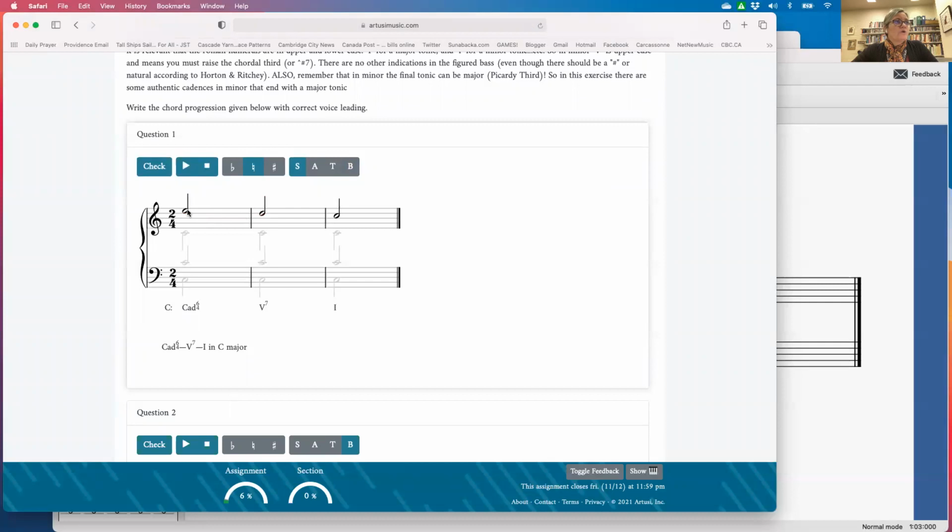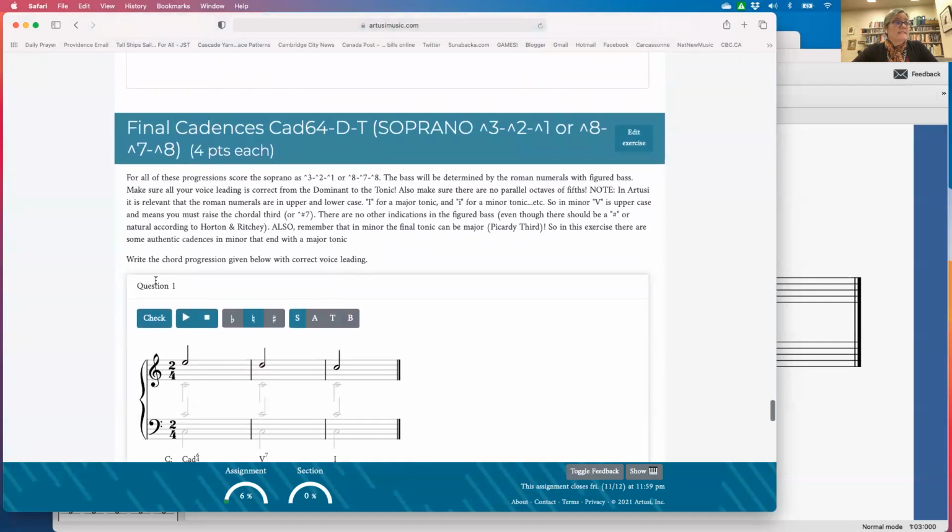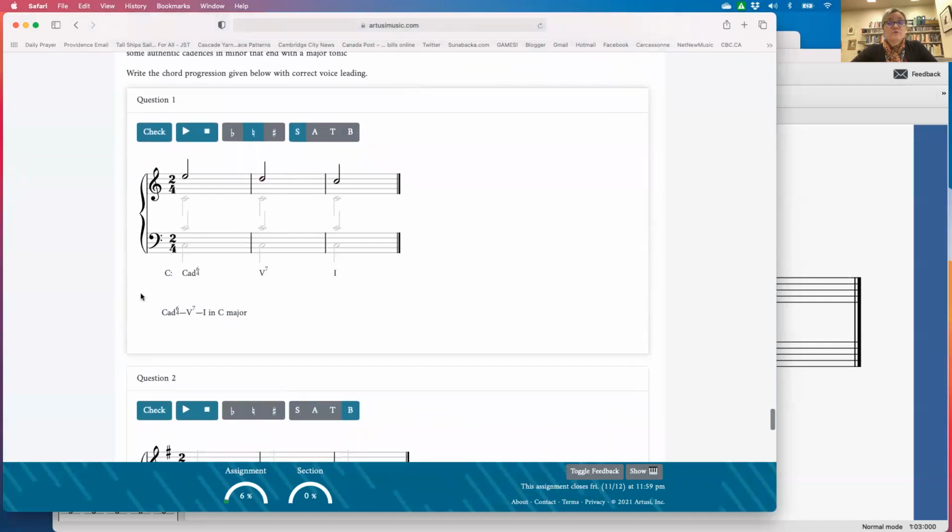So my soprano, our 2 options are 3-2-1 or 8-7-8. If you have a 3-2-1, it really is the only option for you to do a Cadential 6/4. There isn't really any other voices you can use for this 3-2-1, because this 6 chord is the one that has scale degree 3 in it, but we can only use 6 in root position as our cadential predominant chord, and it creates parallel fifths then between the outer voices. So if you see a 3-2-1 close, you should just think, hey, Cadential 6/4,